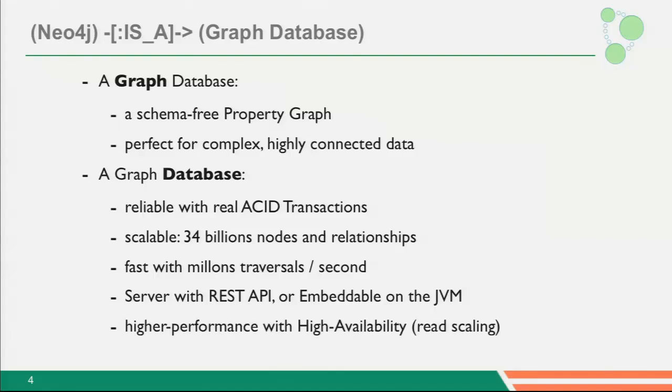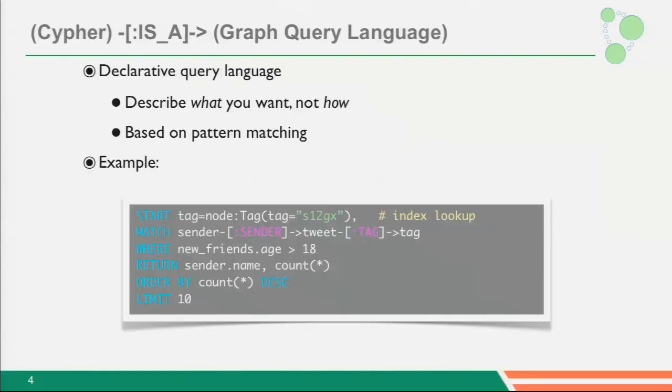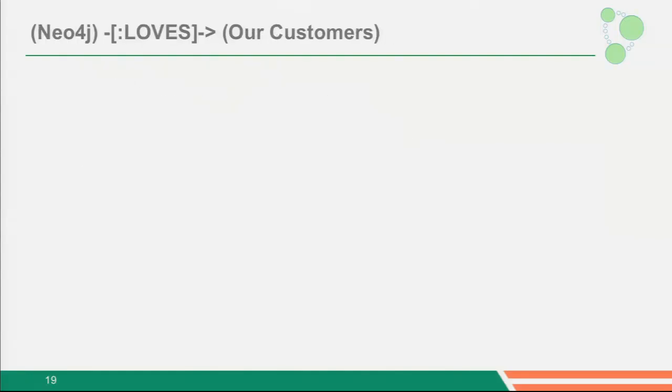And then we have a high availability mode, which scales out Neo4j horizontally. So you can run it on 10 machines, and every machine will have a copy of your data set. And this is good for fault tolerance in case some of the machines fall over. And it's good for read scalability. We've already talked about this.